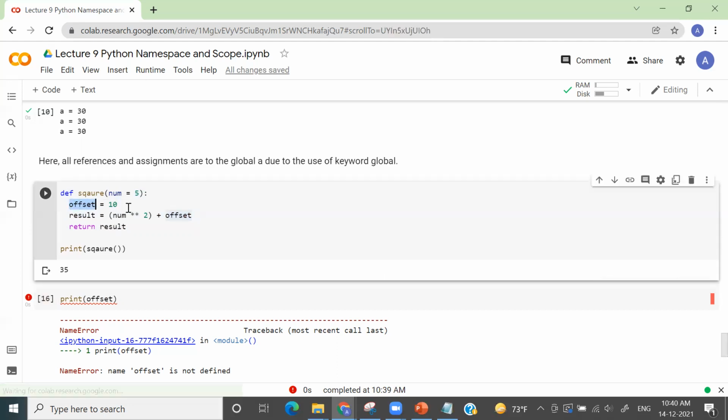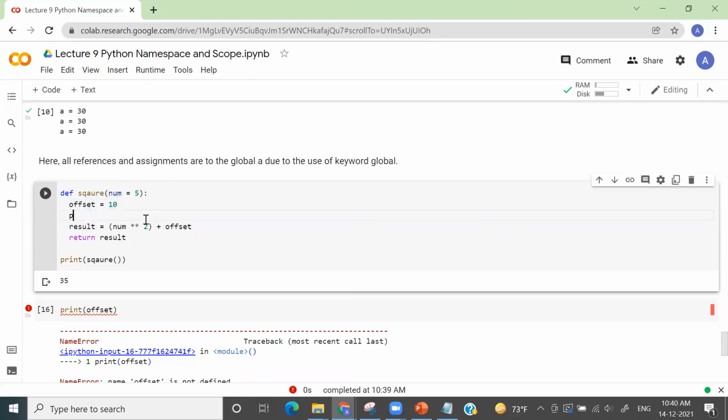Whereas if I print this offset value within this function, it will print perfectly fine.